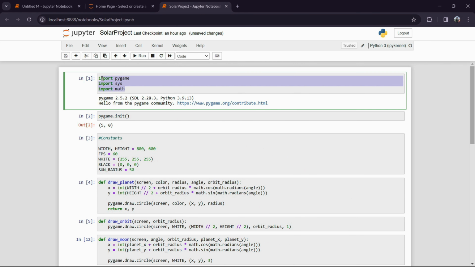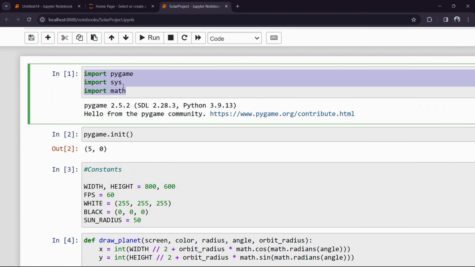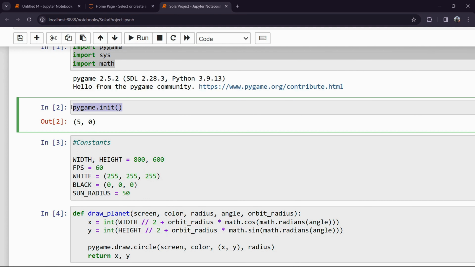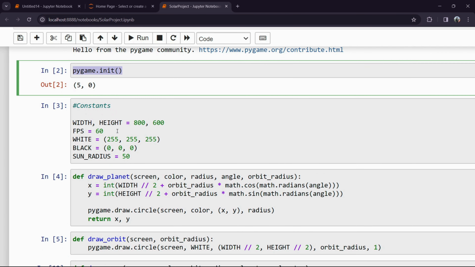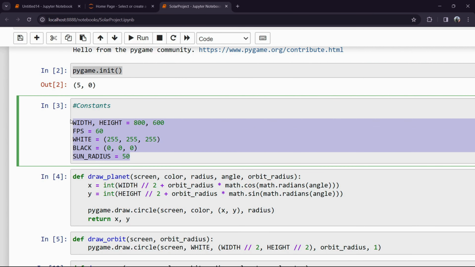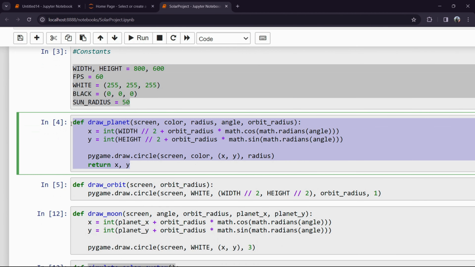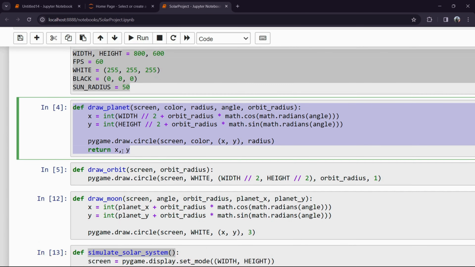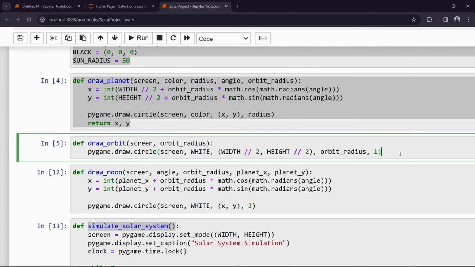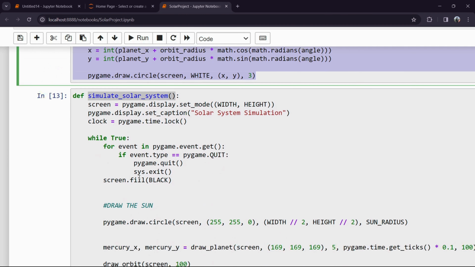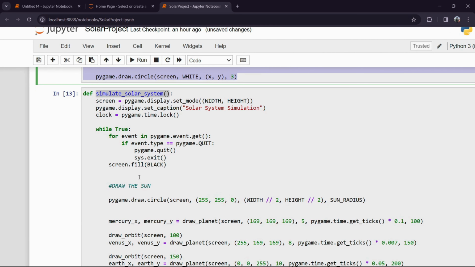Okay, now firstly we imported this Pygame and sys module. Okay, now after this we have this pygame.init, which basically initializes Pygame. After this we were having the constants like width, height, FPS, white, black colors, the sun radius. Then we finally went with this draw planet method. Now after this we were having this draw orbit function. Then finally we were having this draw moon function, and then we were having this simulate solar system function where